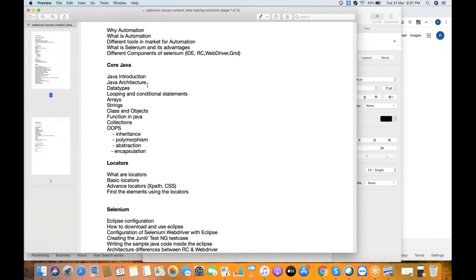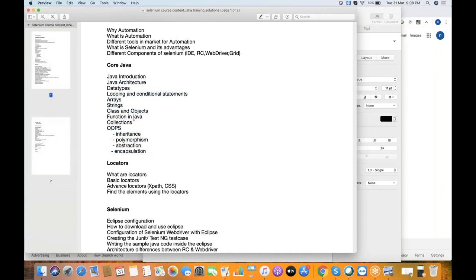So today's agenda will be to walk you through the course content as well as demonstrate a few things. I'll execute some scripts as well, whatever I have already. So see, to work with Selenium, any programming language is mandatory. It supports various programming languages. I'll discuss what they are shortly. So we'll start with core Java. We don't need to be a complete Java developer to work with Selenium Java. Core Java concepts are enough. So these are all on a high level.